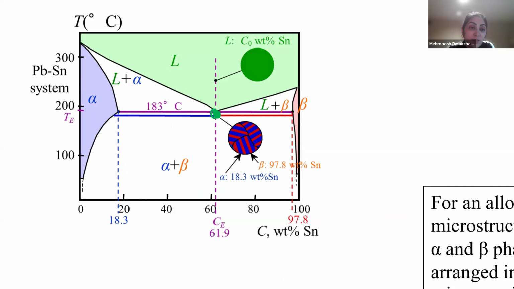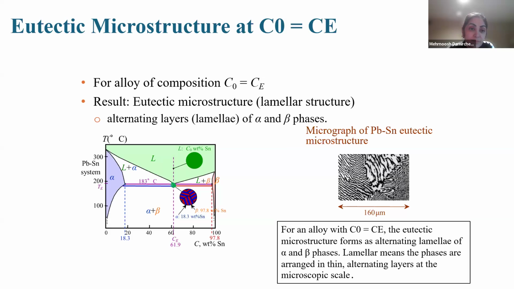But if we are talking about something else here, except lamellar, we have some grain. Means we have this lamellar plus some primary that you see in the next slide too. So here we don't have any primary at the eutectic point, eutectic temperature and eutectic composition weight percent. We don't have any primary, not alpha, not beta. The only thing that we have is eutectic microstructures or lamellar structures, means layer alpha, layer beta.